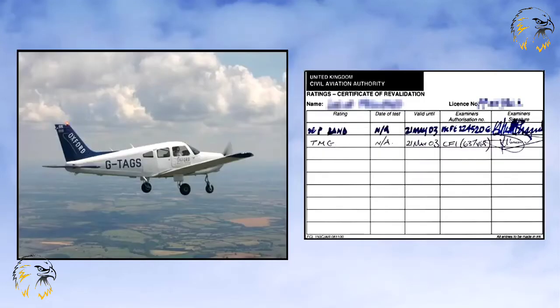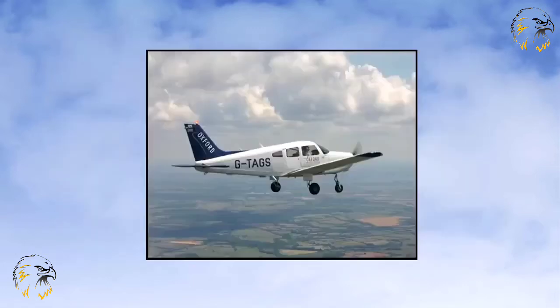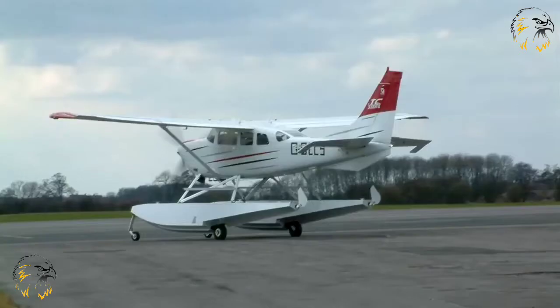We'll now take a closer look at the different kinds of ratings. Let's look at class ratings first. As we have said, a class rating is usually issued with a private pilot's license. A class rating qualifies a pilot to fly as pilot in command of any aeroplane within that class. Class ratings are issued for the following classes of aeroplanes: all single-engine piston aeroplanes, land; all single-engine piston aeroplanes,